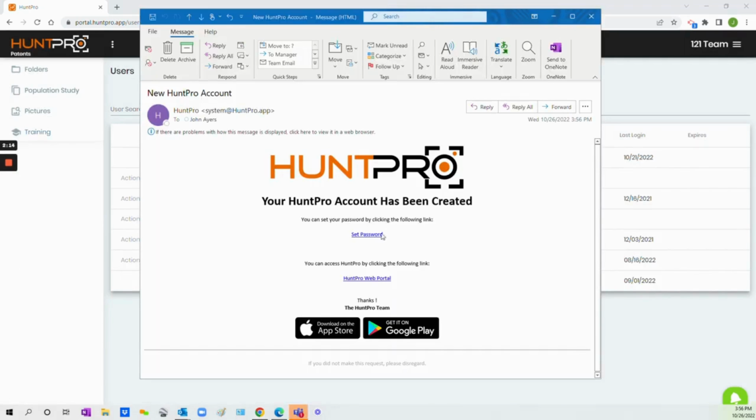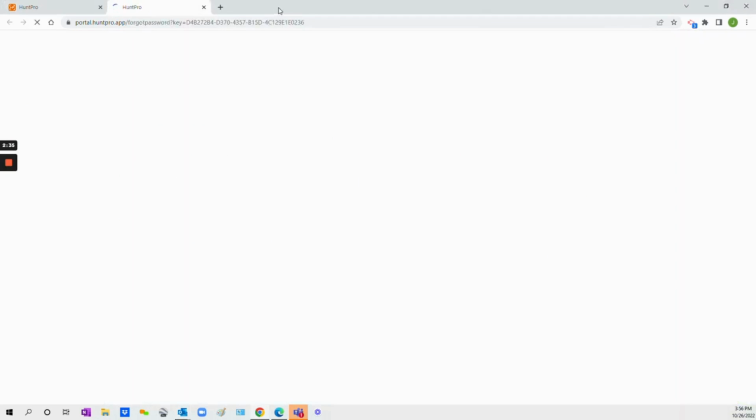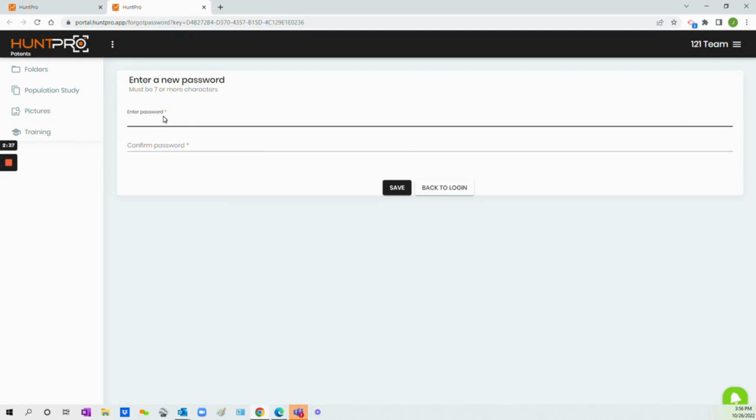Once the email has been sent, the user is going to be able to get the invitation, open it up, and set their password. It has the links of where they can download the app, either from Google Play or from the App Store for iOS. They can also click a link to go to the web portal for HuntPro. But once you are in here, you can click on set password. It's going to take you to a location, whether you're on your phone or whether you're here, it's going to open your browser and let you set that